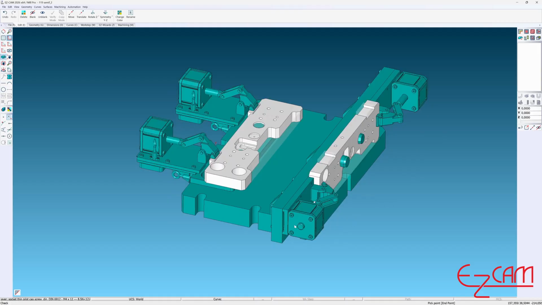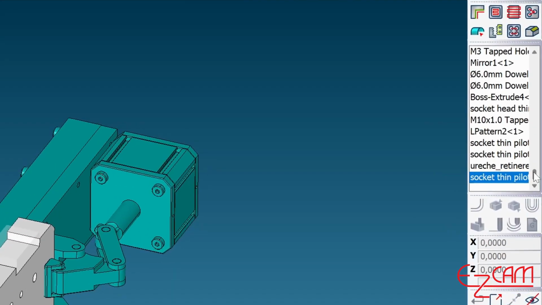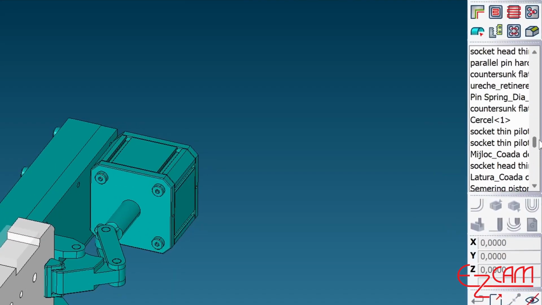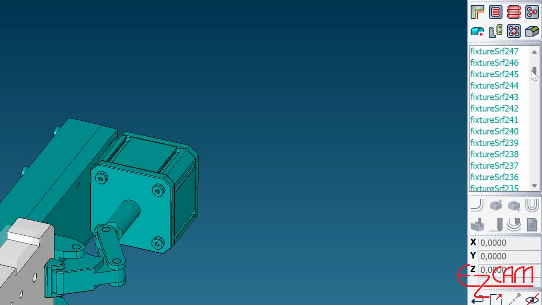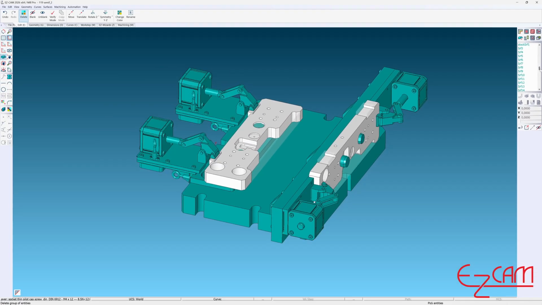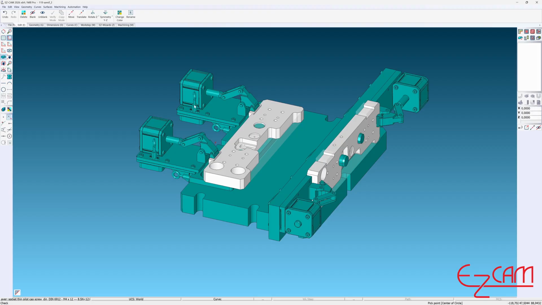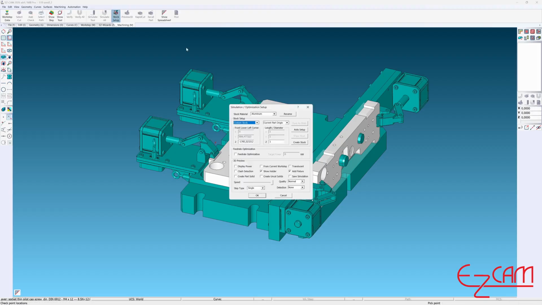At the end of our video, let's quickly take a look at the ways to include our stock surfaces and fixtures into the process using two parts. After the transfer is completed, you can see that all parts are automatically placed into layers inside EasyCam. Parts transferred as stock are named Stock CRF, and parts transferred as fixtures are named Fixture CRF. This automatic naming makes it easier to select items from the list during operations, such as rotation or translation. It also makes them visible in the simulation, preventing the user from wasting time on manual naming.